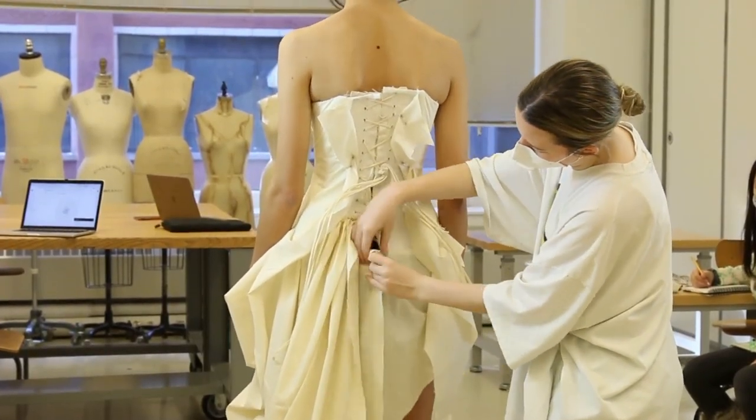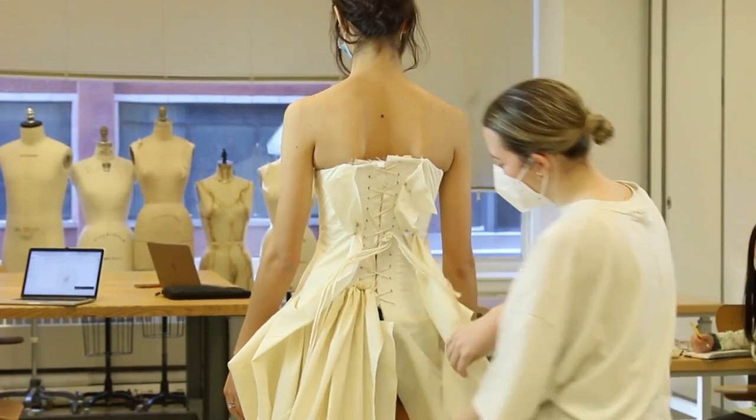I got really frustrated at first because I realized that I have never made anything like this before. I've never made a fitted corset. I've never done any of what is needed for a gown like that. So I found a Valentino gown in a book in the FRC, and the construction of it was so interesting to me. I loved how there was this corset underneath within this gown shell that zipped up the side. Well, I ended up not doing a zip, but interpreting that in my own way,